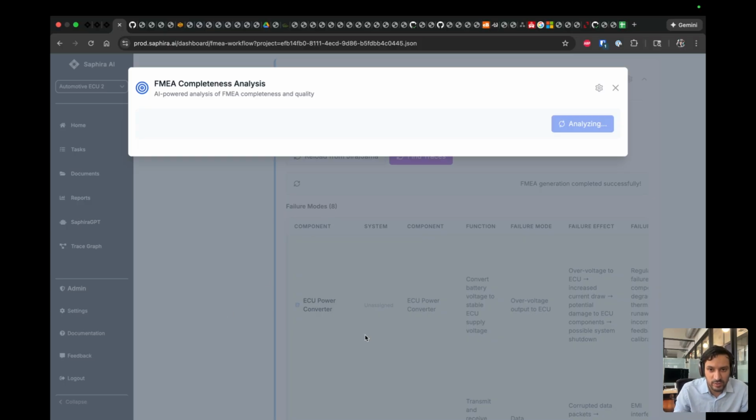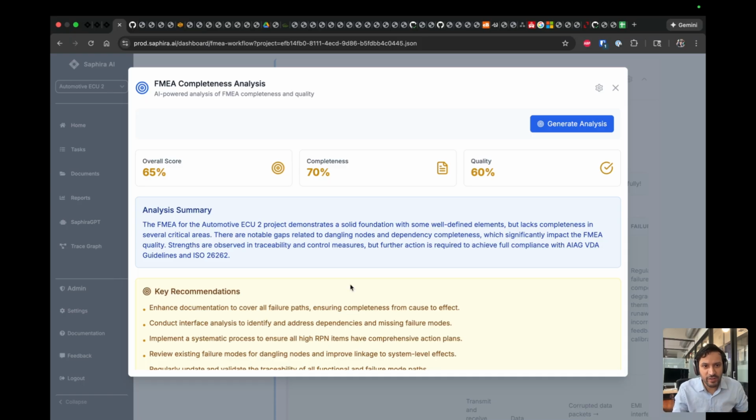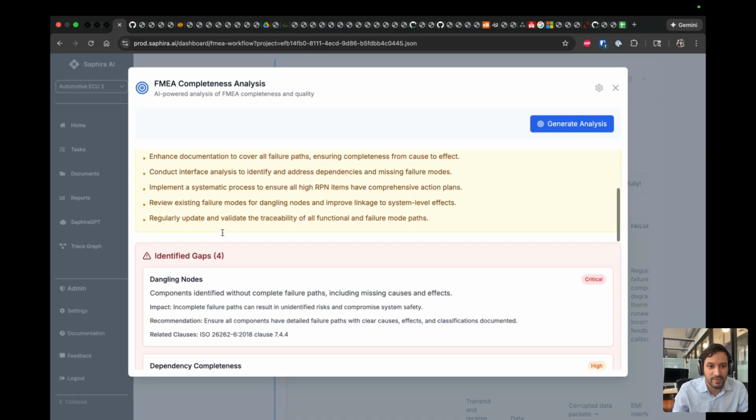We'll pause for a second while this waits to come back. And here we have it. So we generate a score for the quality and completeness of this FMEA, and we provide an analysis, something like, hey, it demonstrates a solid foundation, but it lacks completeness in several critical areas. There are notable gaps related to dangling nodes and dependency completeness, and we make some key recommendations on how to